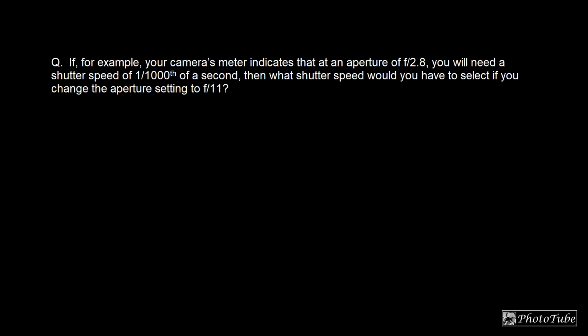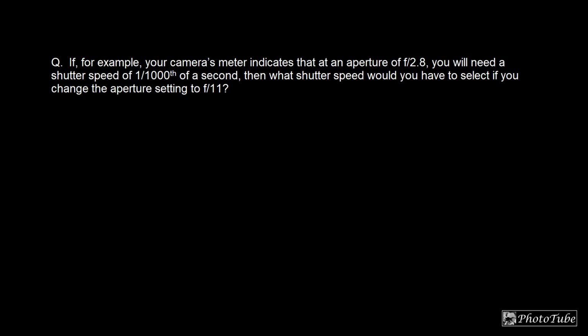Okay, right, I've got a question for you. If, for example, your camera's meter indicates that at an aperture of f2.8, you will need a shutter speed of 1/1000th of a second, then what shutter speed would you have to select if you change the aperture to f11? So you've decided you want more depth of field, so an f11 aperture is more appropriate, but how would that